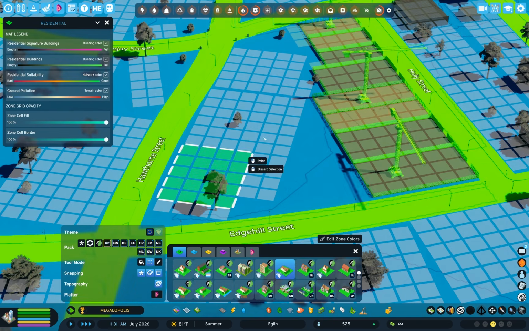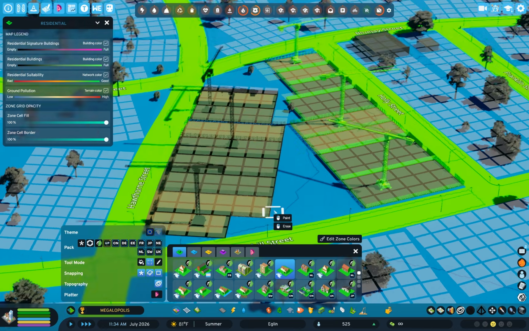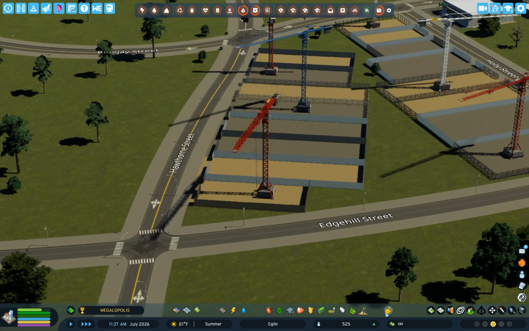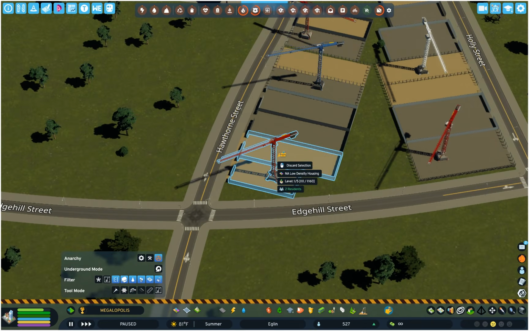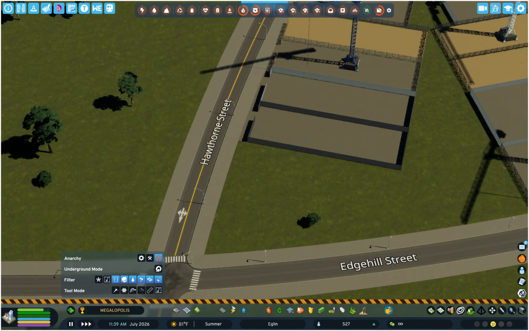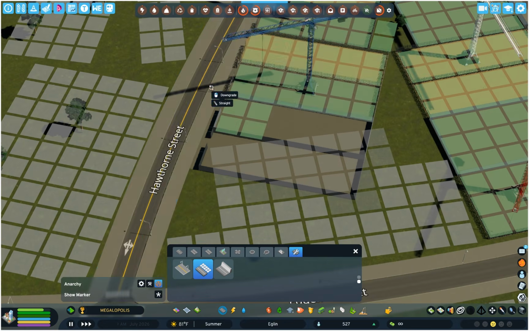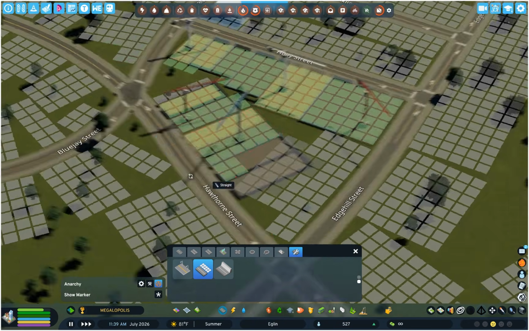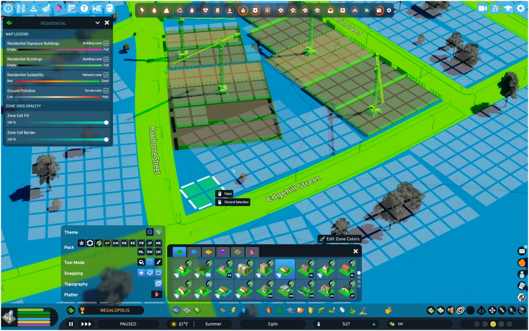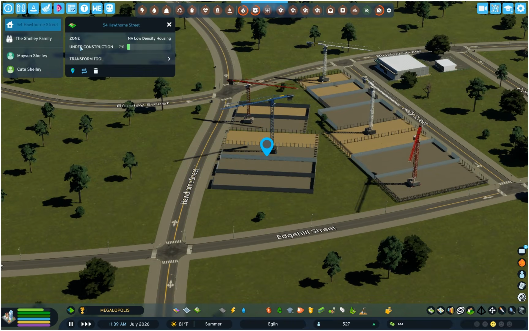So for now, you're going to have to experiment and delete a lot of things. For now, let's just zone all of this low density, right? Now what you can do is delete the ones that you think, okay, if I delete these two, it'll still look fine. Then I can really quickly get zoning back, then of course give it back here. Now this might break a little bit of zoning in the future, so it's always good to have